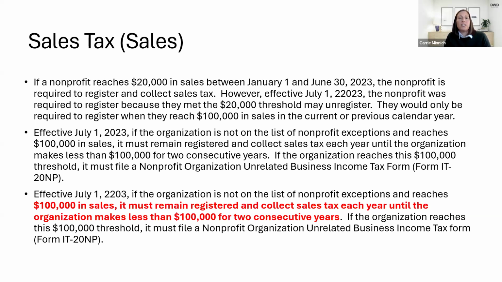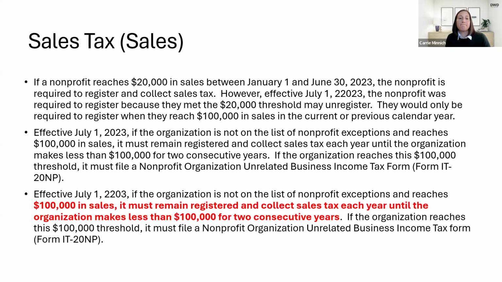You do not necessarily need to collect and remit sales tax on that $30,000 because going into that event, you were less than $100,000, but going out, you were. So then let's say later in the year, you sell $500 worth of t-shirts. That $500 worth of t-shirts technically should have sales tax collected and paid on it. And then next year, because you had over $100,000 in sales this year, you'll have to collect and remit sales tax, and again for the next year until you're less than $100,000 for 2 consecutive years.